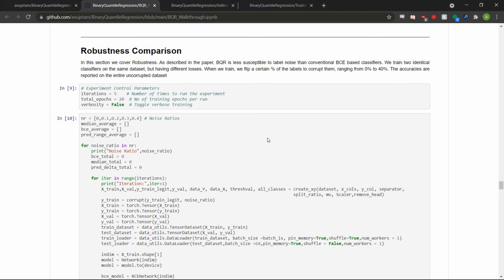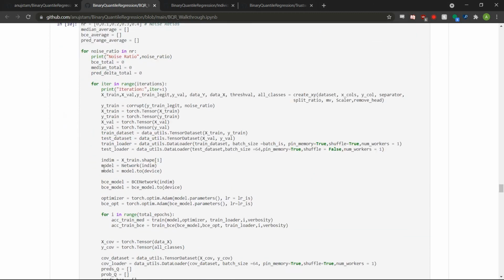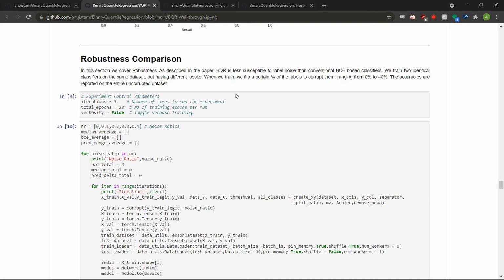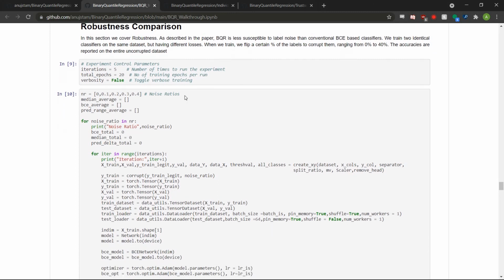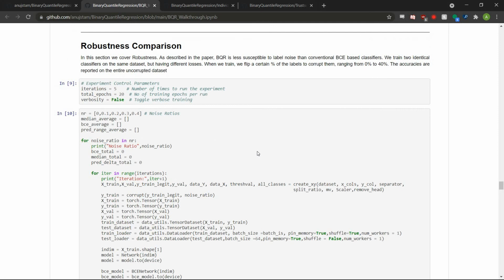For robustness, again, we generate our two new networks. So we have our BQR network and a BC network. And what we basically do is we have a number of iterations, so how many times you want to run this experiment, and the number of epochs that we have. We have a collection of different noise ratios. So we vary from 0 noise to 0.4 noise. And then for each noise ratio, we run